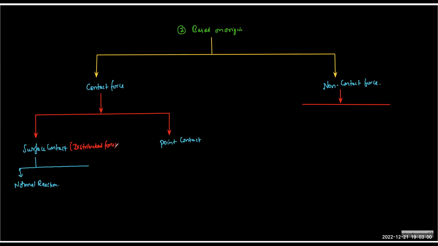So when you are wearing a shoe or slipper, the purpose of the shoe or slipper is that the force by the ground is distributed over the surface. And because it is distributed over the surface, the pressure will be less. So the bigger the area, the lesser the pressure. And as the pressure is less, you can walk or run comfortably without denting the surface.